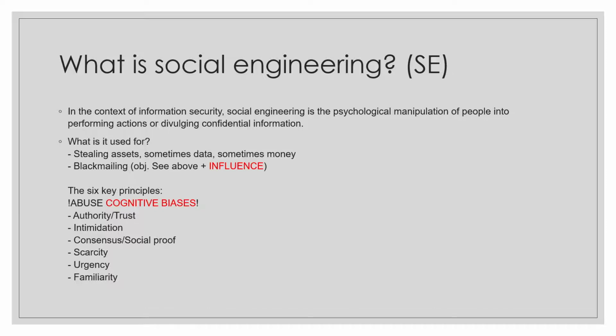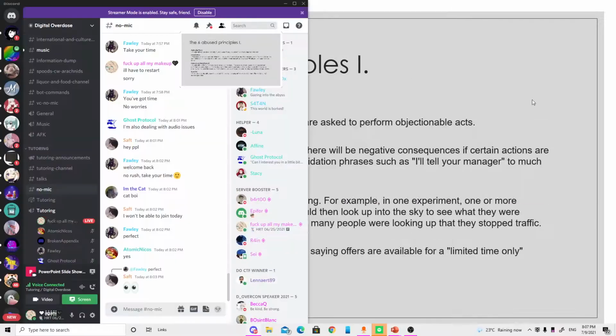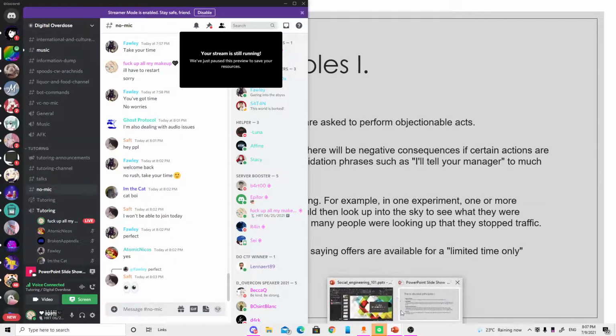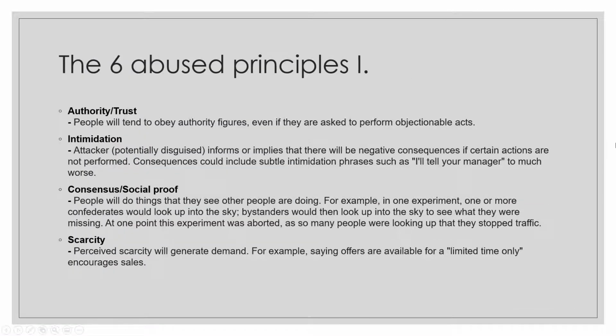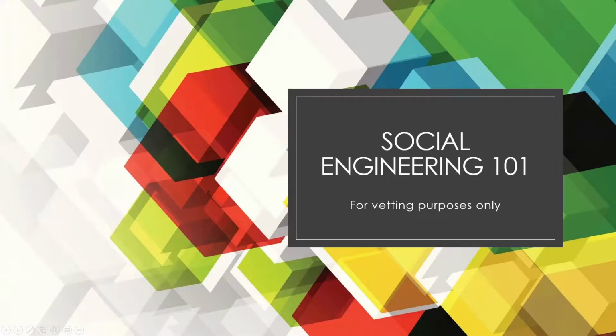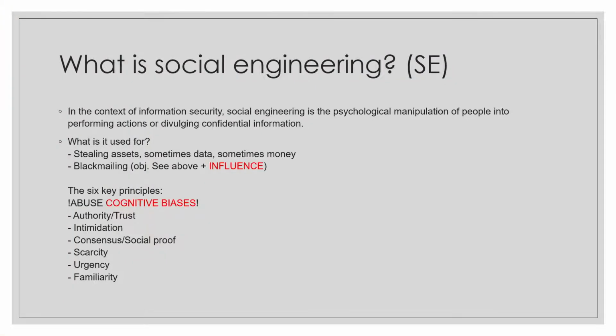So here you can see on the slide, what is it used for? Sorry, I pressed the button. So what is it used for? Stealing assets, sometimes data, sometimes money. Stealing is used loosely here. It's not really stealing, it's more of an acquisition, but let's not get into the semantics. This is really important because most